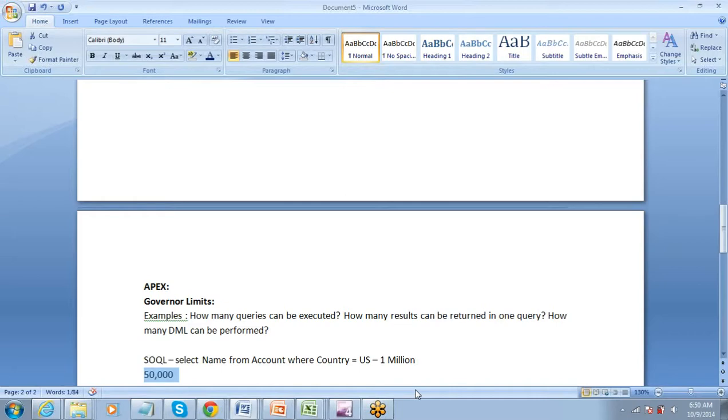That's it. But you will not get the actual result. Now you were expecting a complete list of records from US. You finally ended up getting 50,000 only. So that will hit your performance. Salesforce has made sure that their environment is safe. If you want proper results for your Apex coding, you need to understand governor limits and work within those limits.